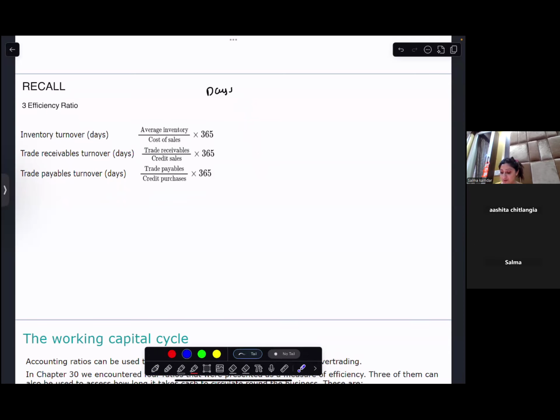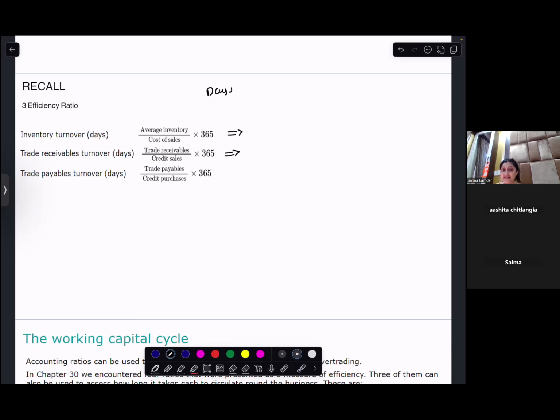Inventory turnover ratio is average inventory over cost of sales. Trade receivable turnover ratio is trade receivables over credit sales, and trade payable turnover ratio is trade payables over credit purchases. Can you tell me what the inventory turnover ratio tells you? In how many days your inventory can be turned over, like how much it can be turned into cash or into